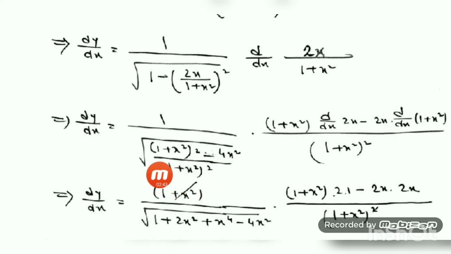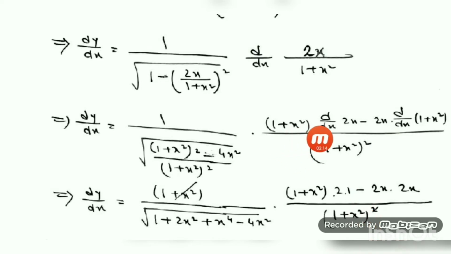Now you see, this is the reciprocal. You can take the reciprocal of this function, then this will come in the numerator, and as this is square, outside the square root it will come as 1 plus x square. So here I am writing the numerator as 1 plus x square. And this one will be kept as denominator and do the simplification. Here I have used the a plus b whole square formula, which is a square plus twice ab plus b square. That is 1 square plus 2 into x square into 1, x square whole square, minus we have 4x square. And here done the simplification, denominator keep it as it is.